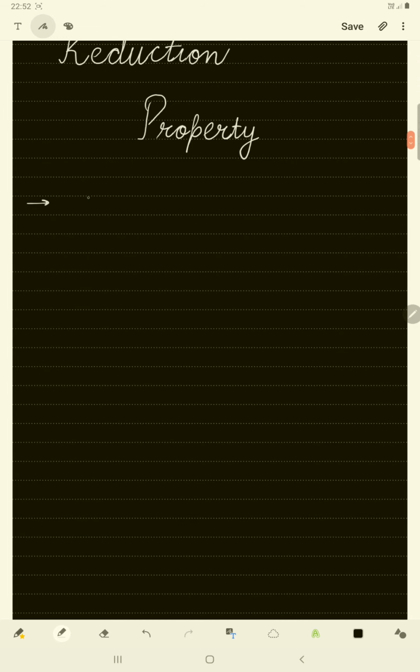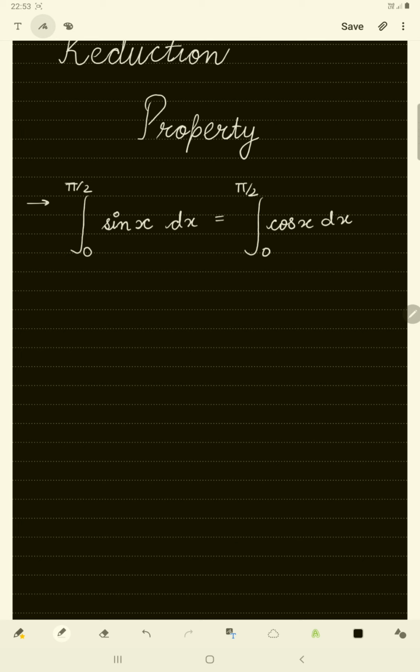So this property is applicable only when we have limit 0 to pi by 2 and a trigonometric function like sin x dx, or we can also have cos x in the integral sign, but the limit should be from 0 to pi by 2 only. Cos x dx.